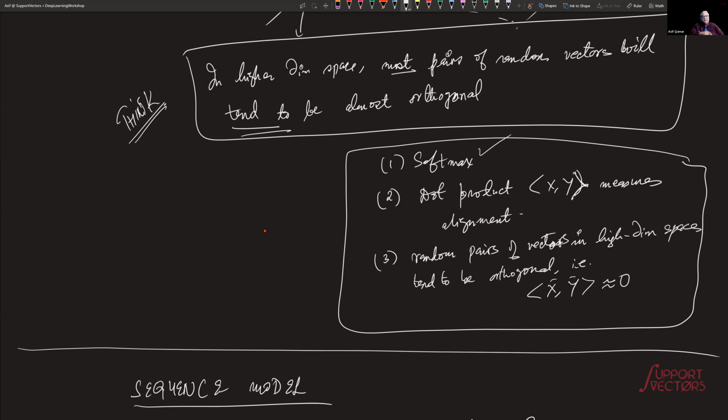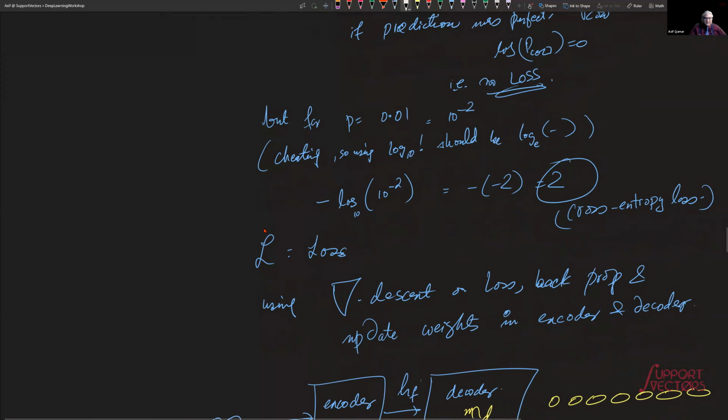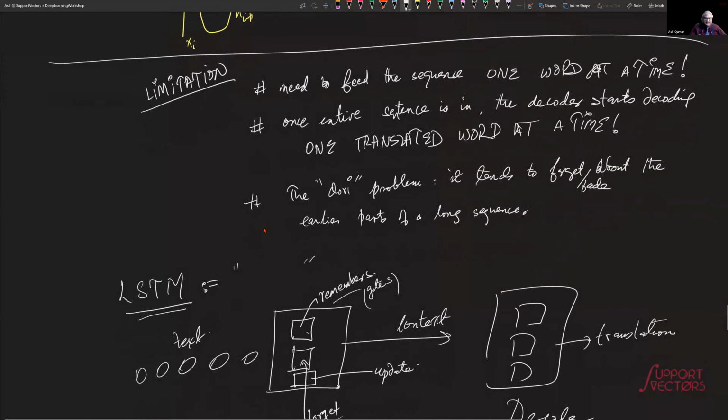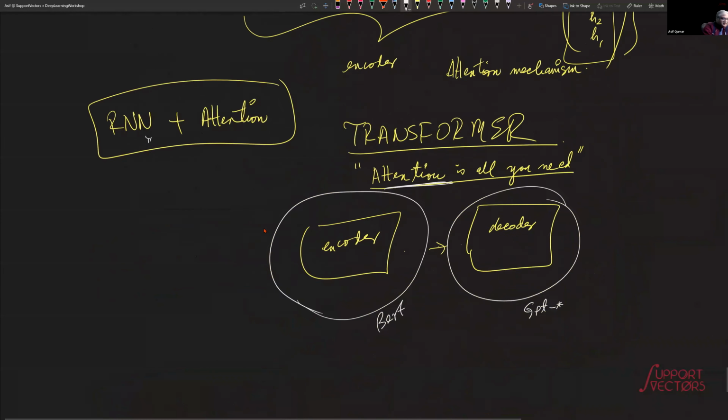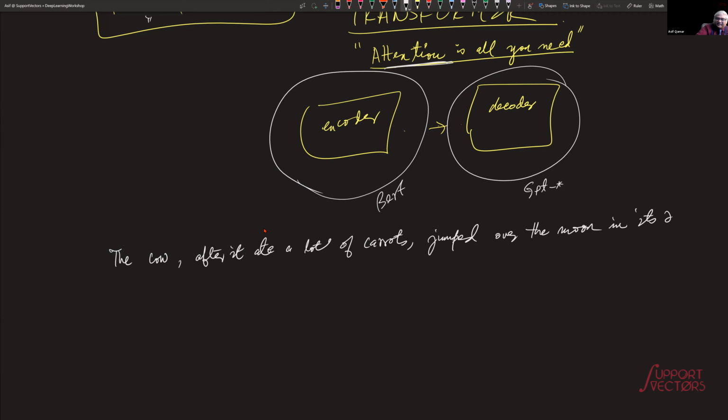And now comes the building blocks of the transformer. We'll call that the architecture. So the way the transformer works is quite interesting. Let's go back to our old sentence that we had. The cow, and can I just shorten it for the time being? The cow, okay, maybe I'll bring it all over again. The cow, after it ate a lot of, was that the sentence? Lot of carrots, jumped over the moon in its delight,